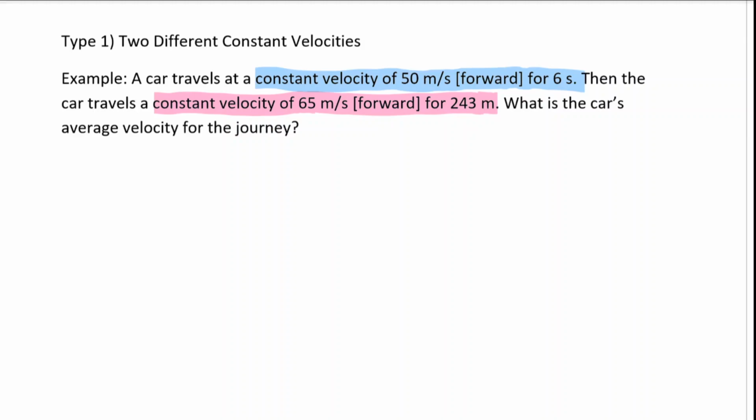So the way I like to start this is trying to break down my intervals. I'm going to start off by making my reference frame. So I've got backward and forward, and I'm starting at some position A, and I'm moving my way to this position B, where I magically and instantly change my velocity to 65 meters per second